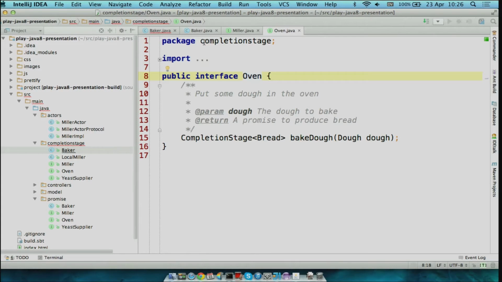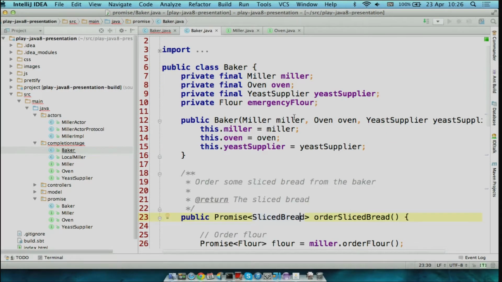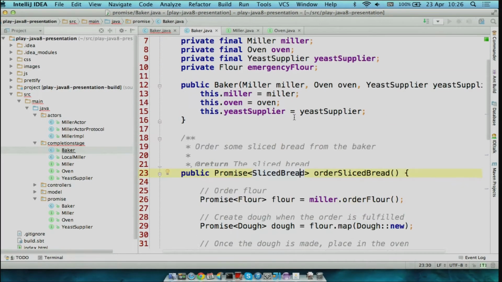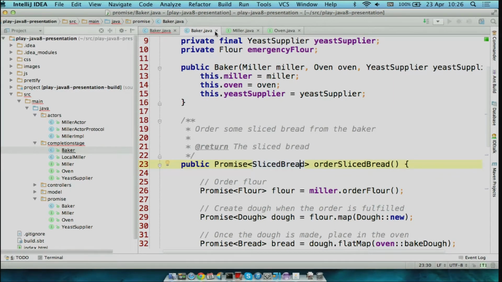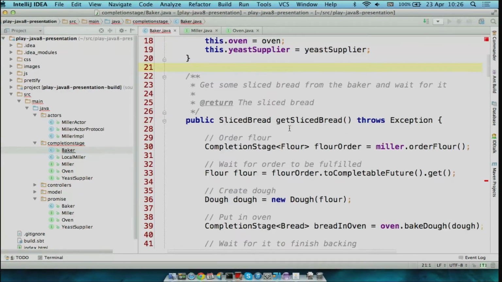So let's have a look at a first implementation of our baker. This one is going to return sliced bread immediately. We call that order flour method on the miller, and we get our flour order, and then we're going to wait for it to finish. There's actually no method on CompletionStage to wait, but CompletableFuture implements Java util concurrent future.